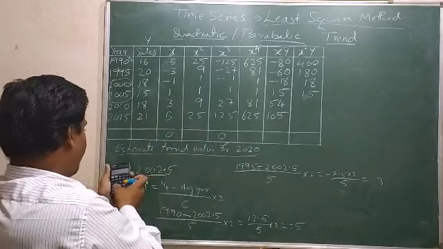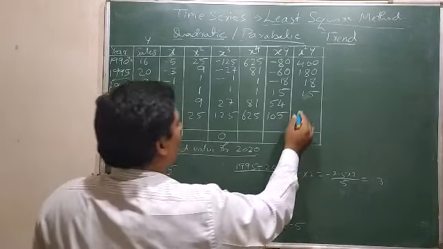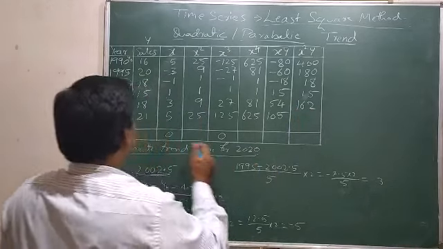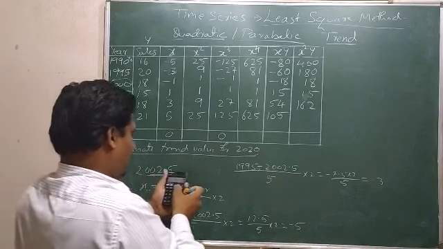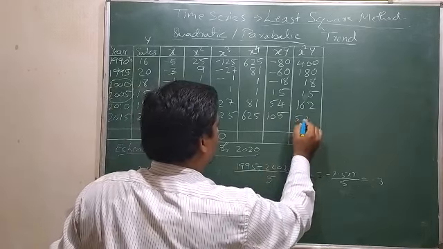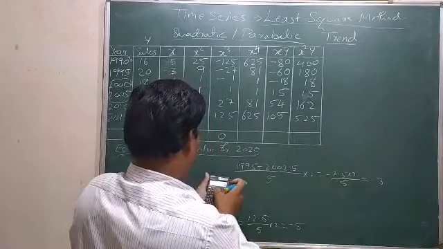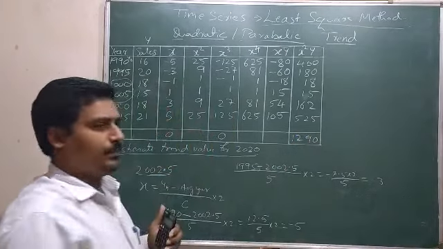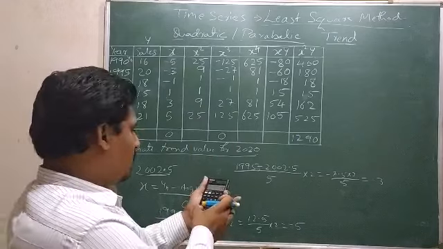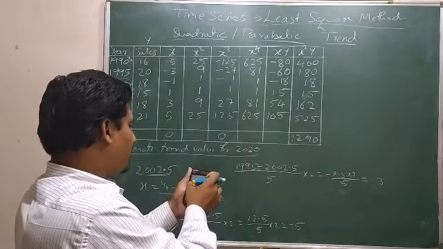Then 18 into 9, 162. Then 21 into 25, 525, and the total of this column is 1290. In the similar way, total of XY column